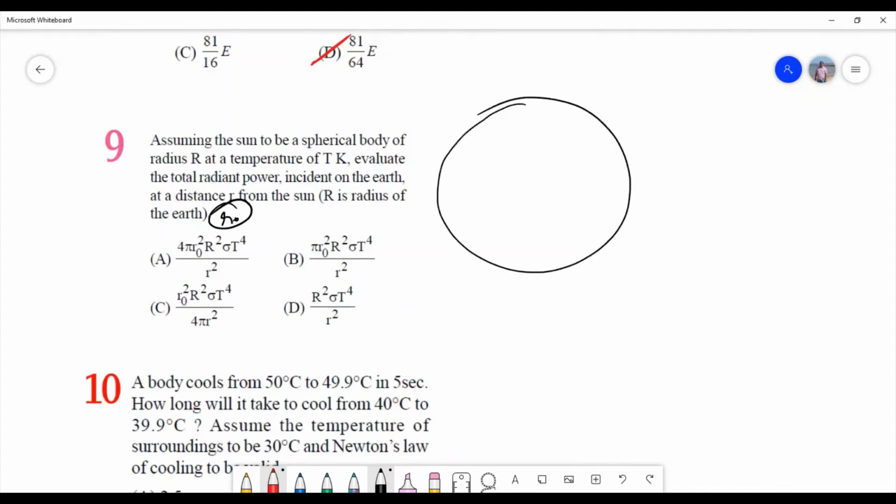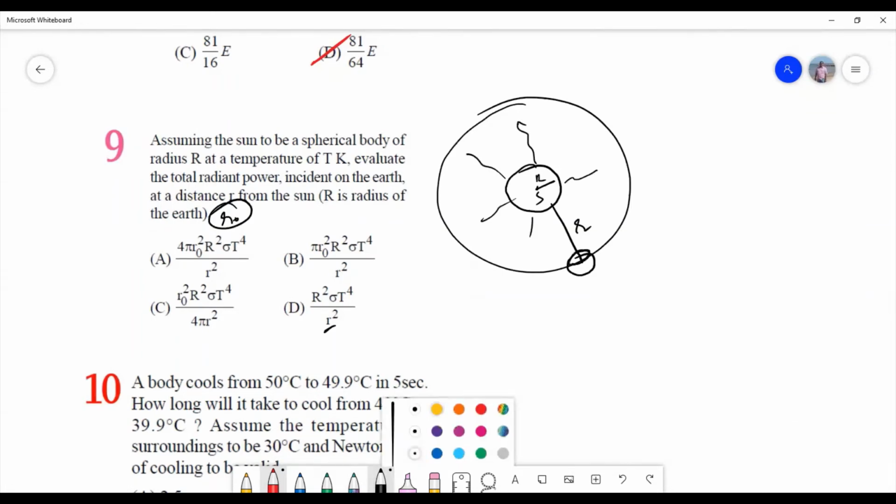Now let us take this is the sun, and the radius of this is capital R, and it is emitting radiation in all directions. This is the mean distance. So small r, we can take as the mean distance here. Small r is the mean distance. So here there is earth. On earth, some patch of it is illuminated. That radius, let us take it as r naught.